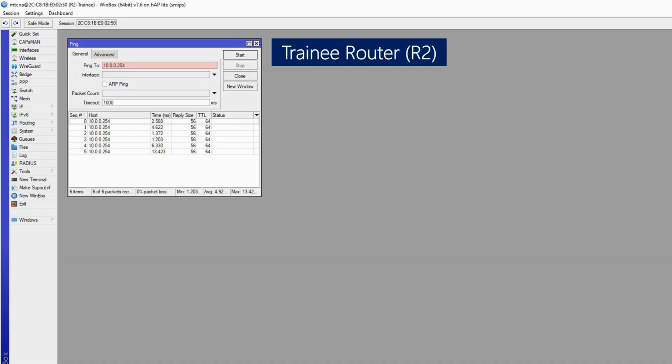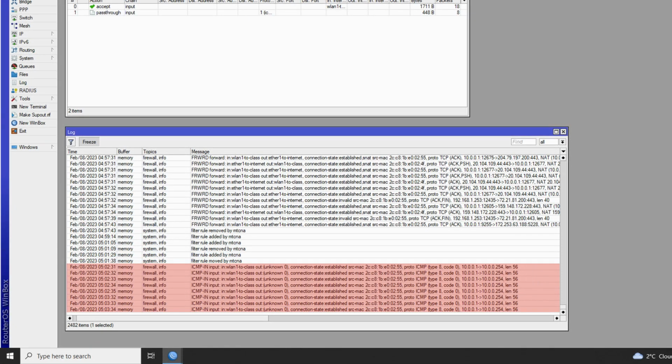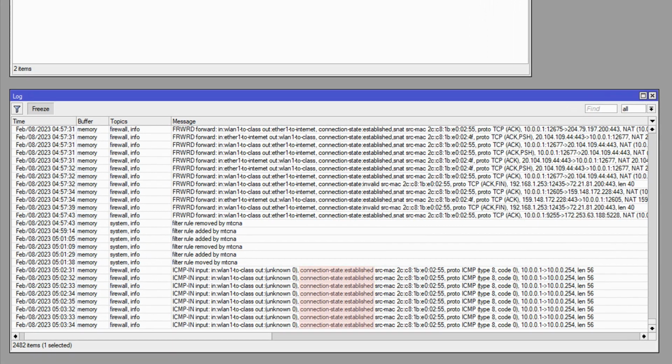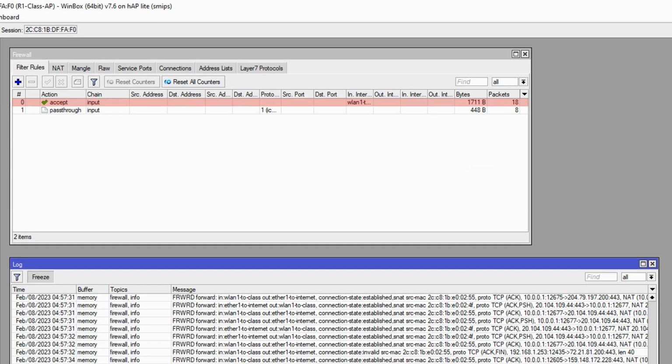Now, if we send input traffic by pinging the class AP from the trainee router, you can see that all log records are shown with the established connection state, and you no longer have a new state for the first relevant log row. The reason is that the very first ping packet that has the new connection state has been picked up, accepted, and sent out of the firewall process by rule number 1. Therefore, rule number 2 does not detect the very first packet and simply logs the following packets with the established